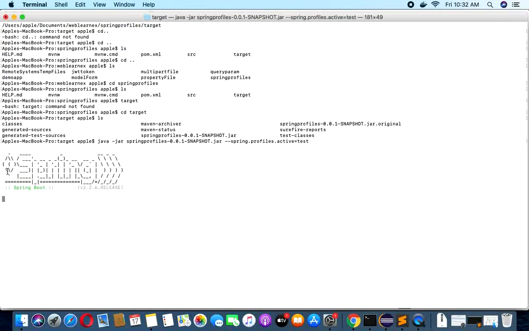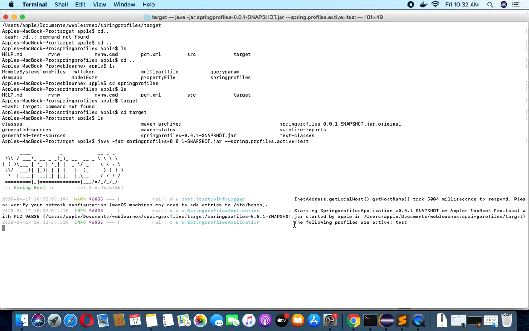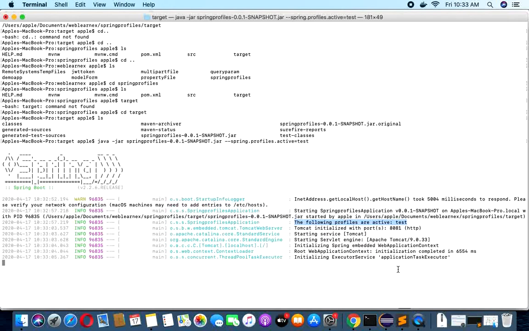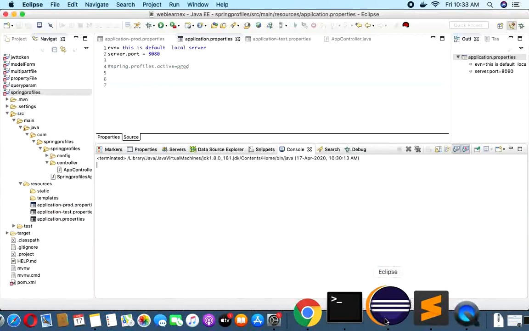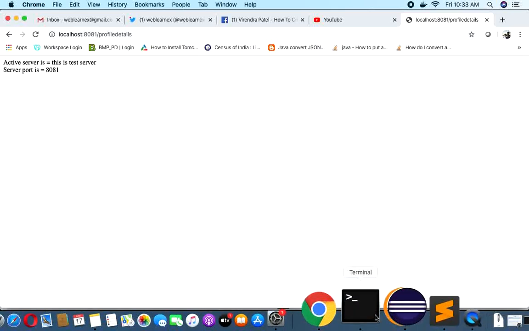You can see here the application has started deploying. You can see here the test profile is activated and the application is running on the 8081 port, because if you observe in the code, in the test environment, I have passed this message and my port number is 8081. So let me test. You can see here the application is up and running on the 8081 port.